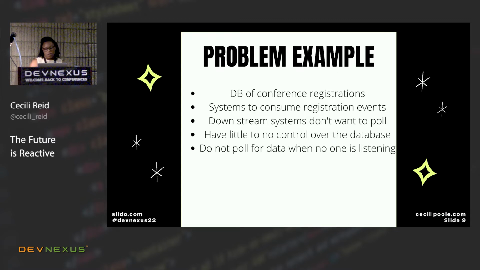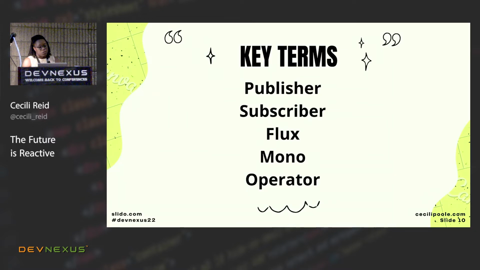And to think about our problem, I have some terms that we should go over first. The first two are hopefully kind of familiar to you. If you're aware with Kafka, PubSub, you've probably heard of publisher and subscriber. On a high level, a publisher is someone or something that publishes an event or an object, and a subscriber listens for those events or those objects. With Reactor Core, which is the API within Java that we'll be talking about more, publisher is actually an interface. Flux, that made up word I was talking about earlier,